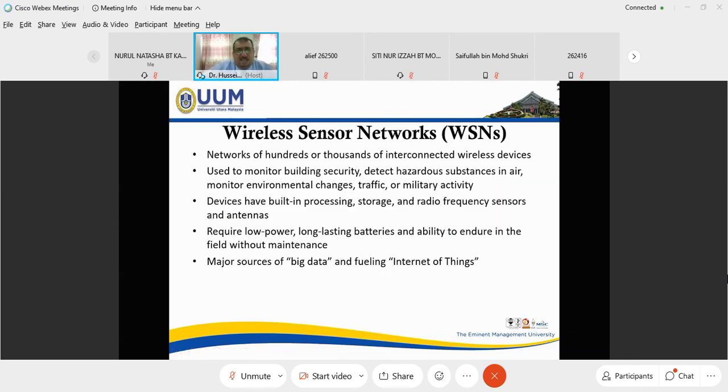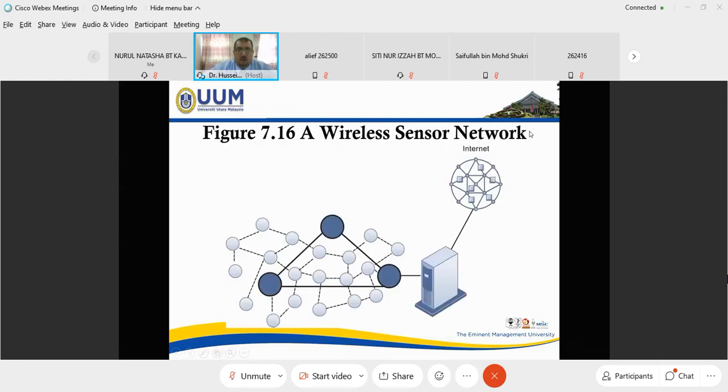The other wireless network is WSN, or wireless sensor network. This is fine. There is a lot of wireless, okay, but we have a hub. The big circle here is the hub for the different wireless devices. You connect to the computer and through the internet. How can we connect to them? We connect to the server computer here and we connect them to the internet.